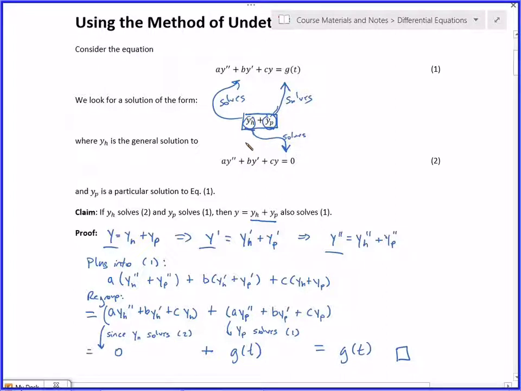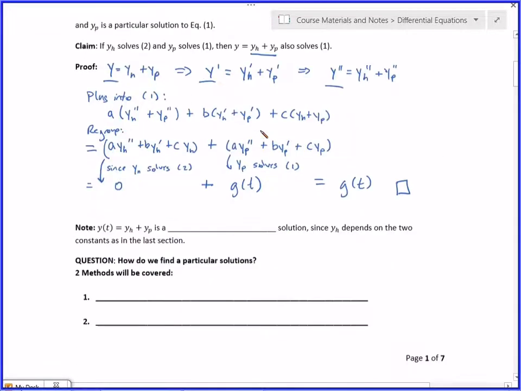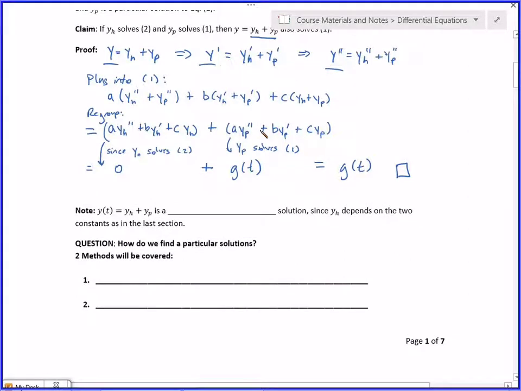I need C's in there so that I can find specific solutions that go through specific points. And the YP does not have C's in it, but the YH does. The YH is where my general parameters come from. So that's why we call that combination, YH plus YP, the general solution, because it depends on two constants,